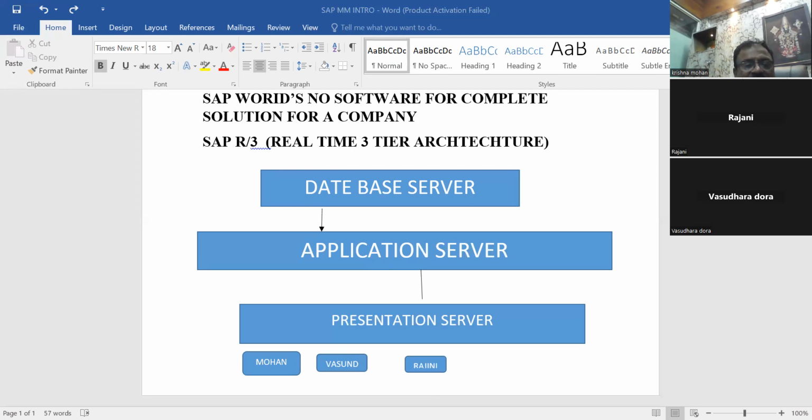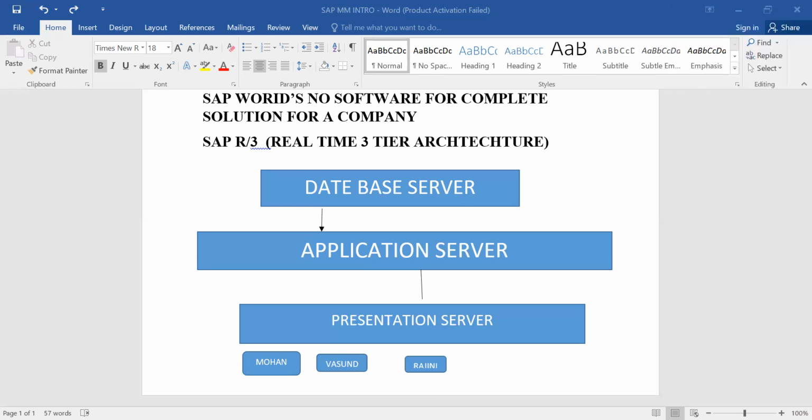See, what I want to say. Implementation project means, suppose let us take one company which is running on SAP. You know very well about this company. That company name is Jio, for example.